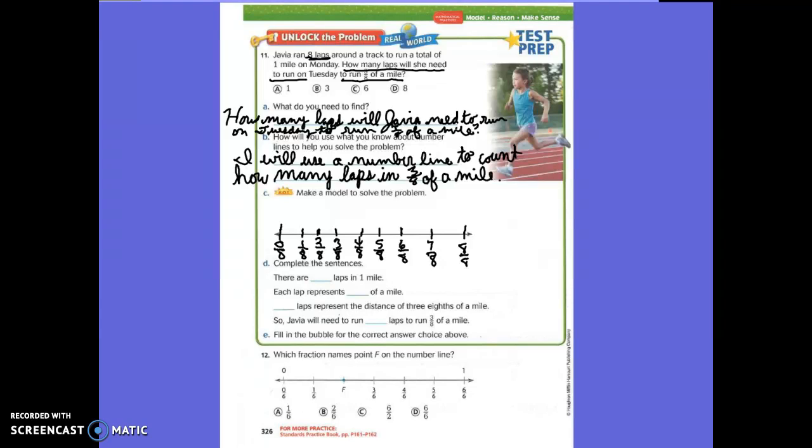Now, listen. She ran 8 laps to get a total of 1 mile. This whole thing to run from 0 to 8/8 is 1 mile. Which means she had to run 8 laps to get to there. So this would have been 1 lap, 2, 3,